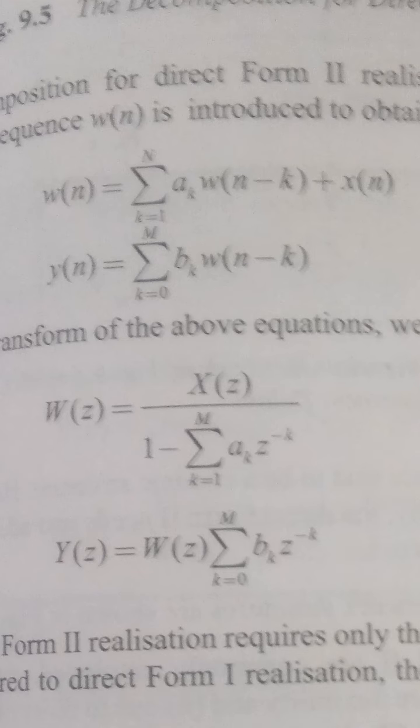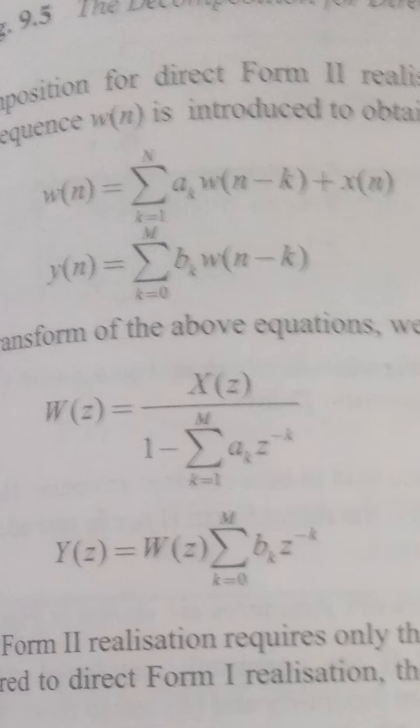So the direct form 2 realization requires only the larger of M or N storage elements. Direct form 2 uses the minimum number of storage elements, and hence it is said to be a canonic structure. But whenever the addition is performed sequentially, direct form 2 requires two adders instead of the one adder required for direct form 1.